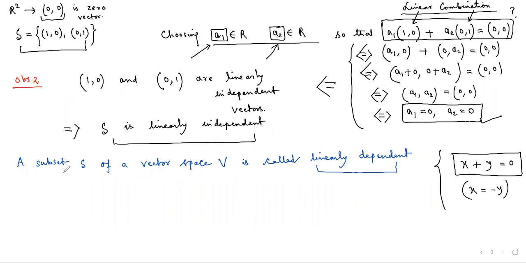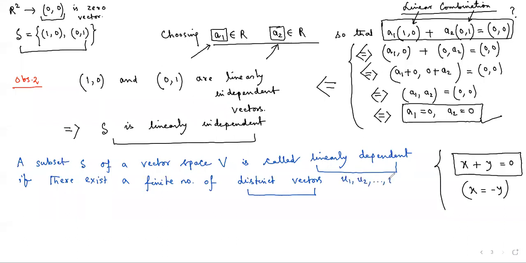A subset S of a vector space V is called linearly dependent if there exists a finite number of distinct vectors u1, u2, ..., un